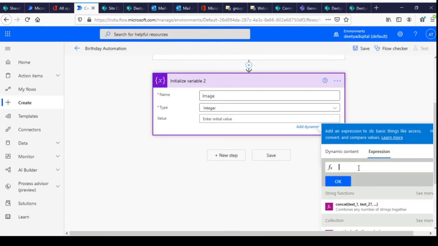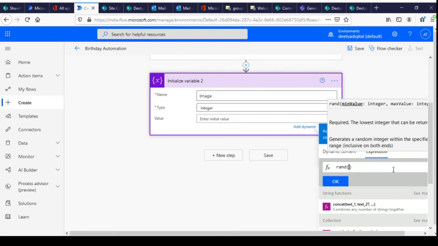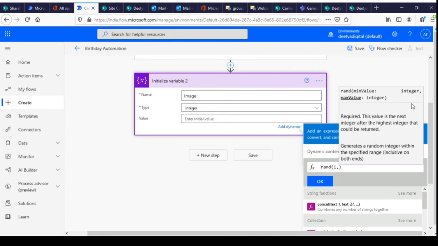The value I am setting is a random number between a specific range. If you can see here, for the random function the minimum value should be an integer and the maximum value should be an integer. So I'm putting minimum value 1 and maximum value 10, because remember we added 10 images.